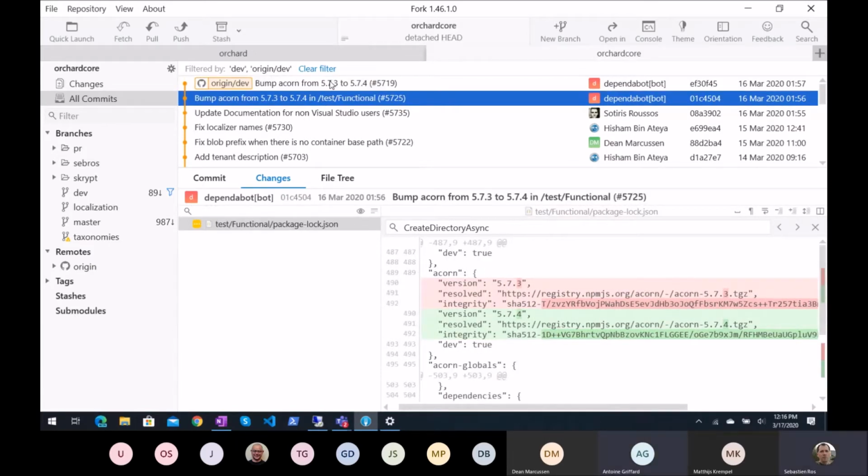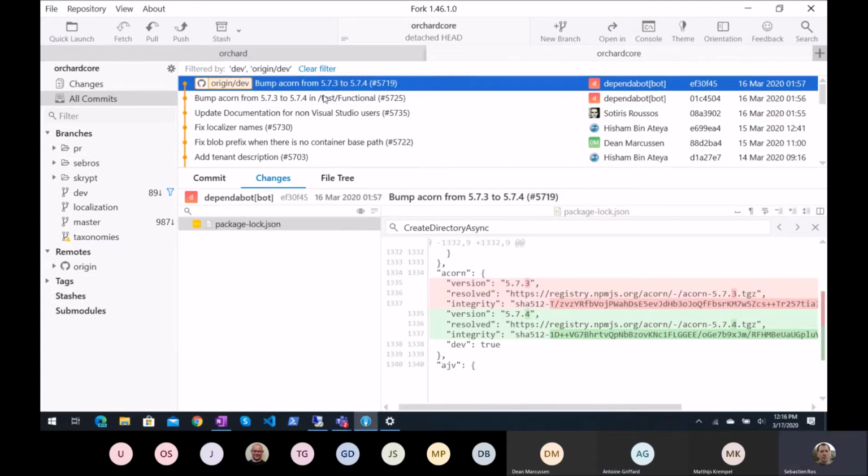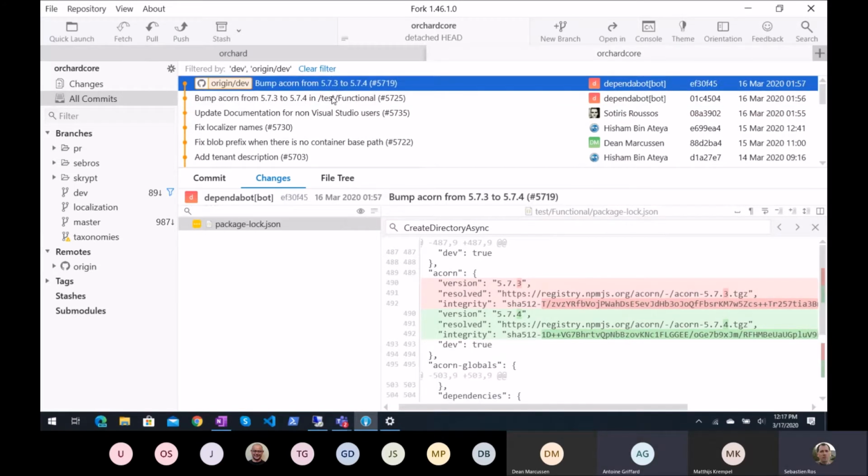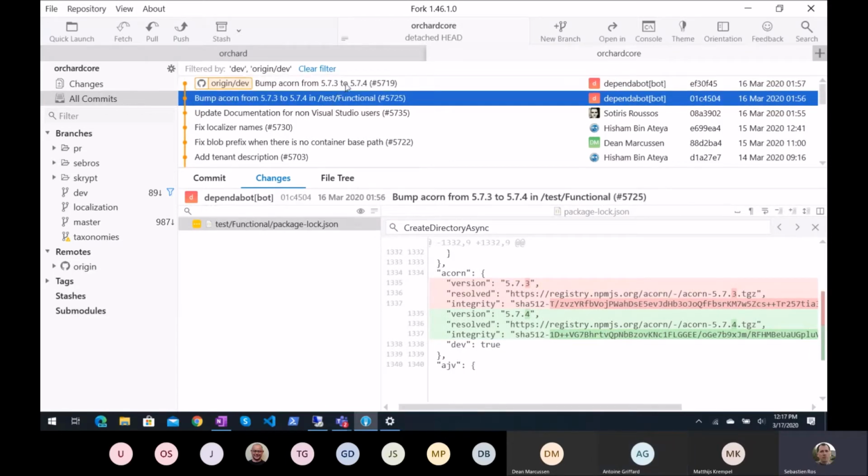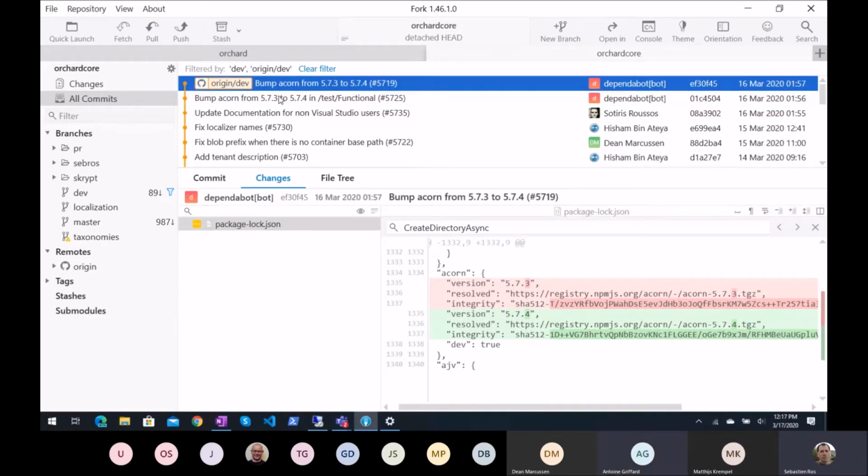Oh, we have two package locks, okay. Yeah, so they both use the same thing, so we'll get two commits. There were two PRs. Okay, so I think we'll get that. The only concern I have here is that I don't know how it works yet, but we'll see over time. I like these kinds of things.